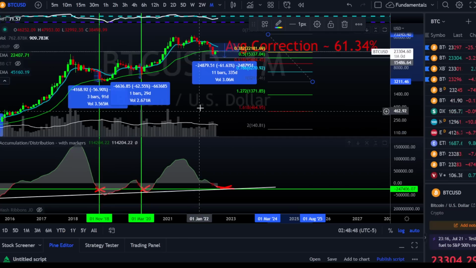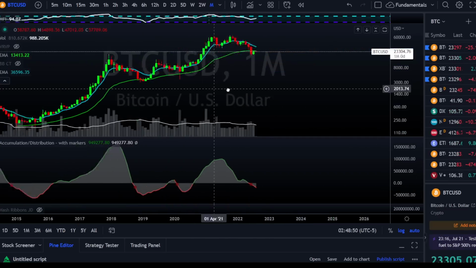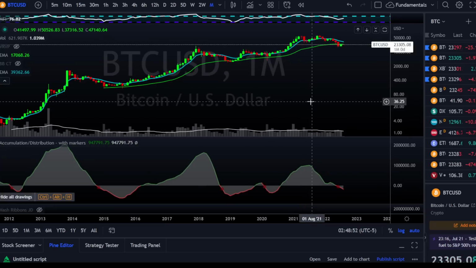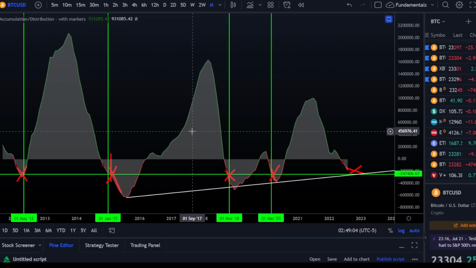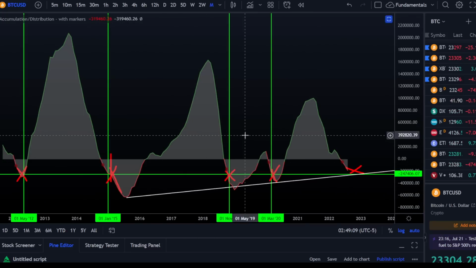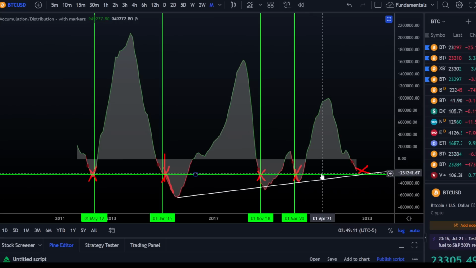Let's start it off with the monthly look on Bitcoin for the accumulation distribution indicator. Now, this is the indicator that I hold in the highest regard for calling, or at least entertaining the possibilities of, a macro cycle low. With that in mind, we have never, ever, not once ever seen a macro cycle low without the accumulation distribution indicator getting down to the green horizontal bar where my cursor currently is right now.